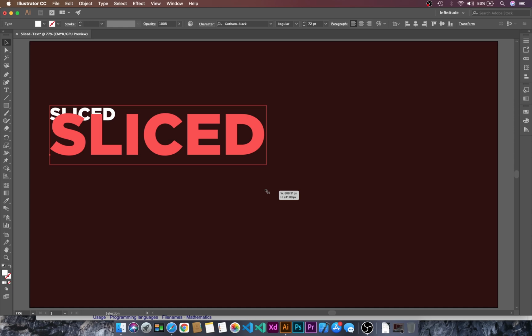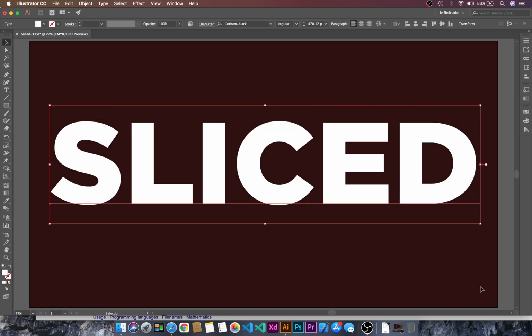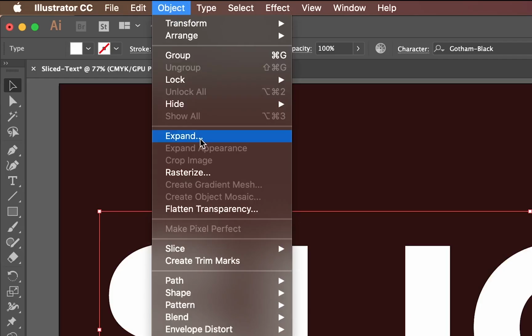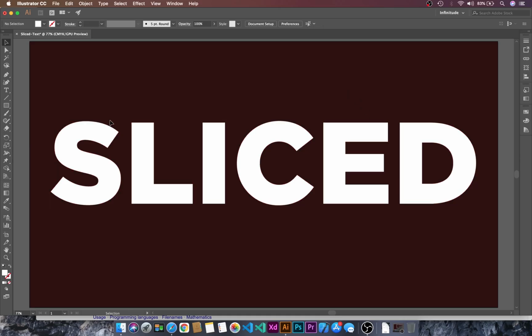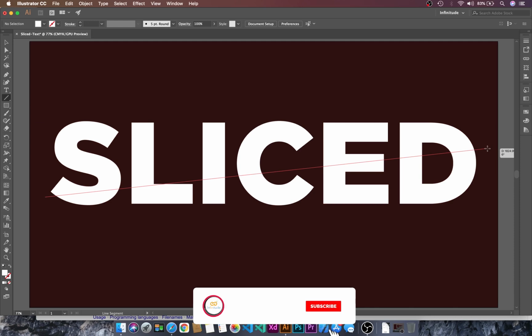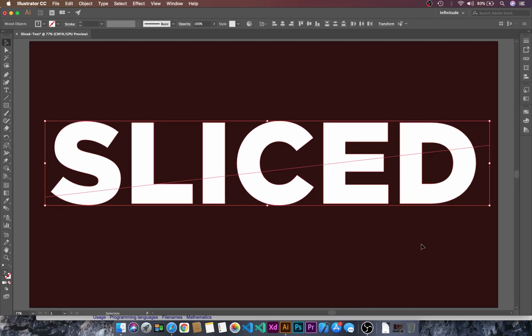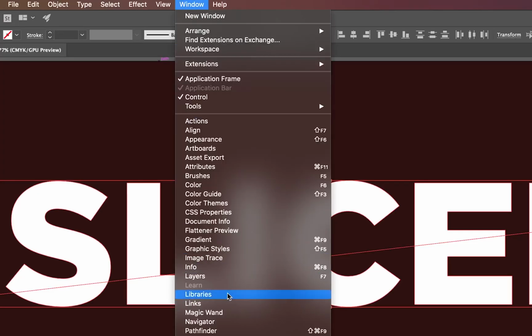I will add the shift key and let's go to Object and Expand. Okay, now let's go to the Line Segment tool, or we can use the backslash, that is the shortcut. Let's click and drag, and then let's select both of these and go to Window and then Pathfinder panel,